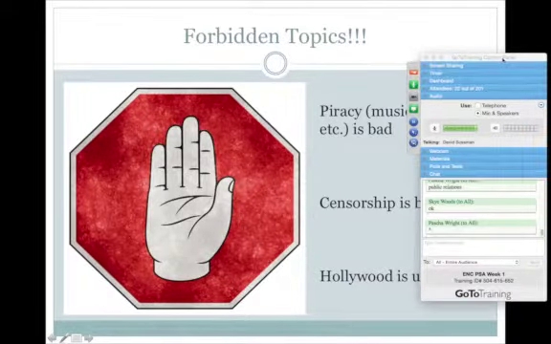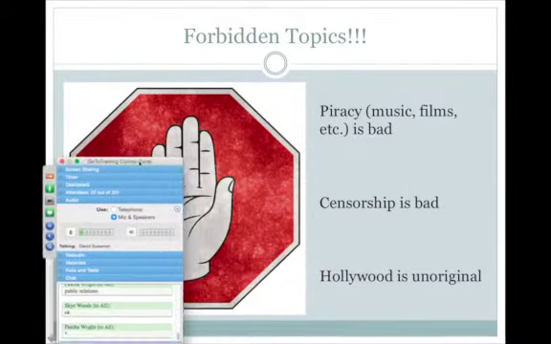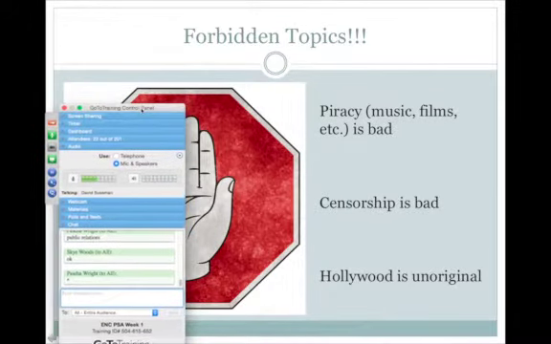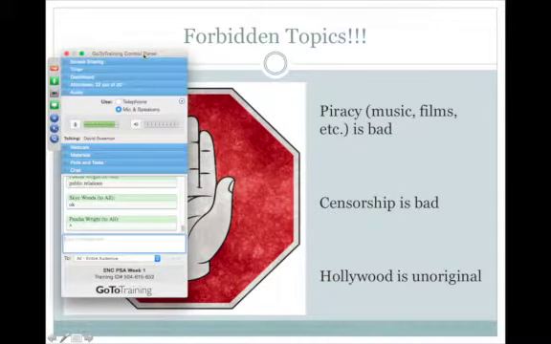Okay, so let's get into what sorts of topics work and which ones don't. It's going to sound harsh, but I do have some forbidden topics, topics that I'm not crazy about seeing. I believe that people have really good common sense and they can guess why these topics are not great for public service announcements. Any ideas why these don't really work very well?